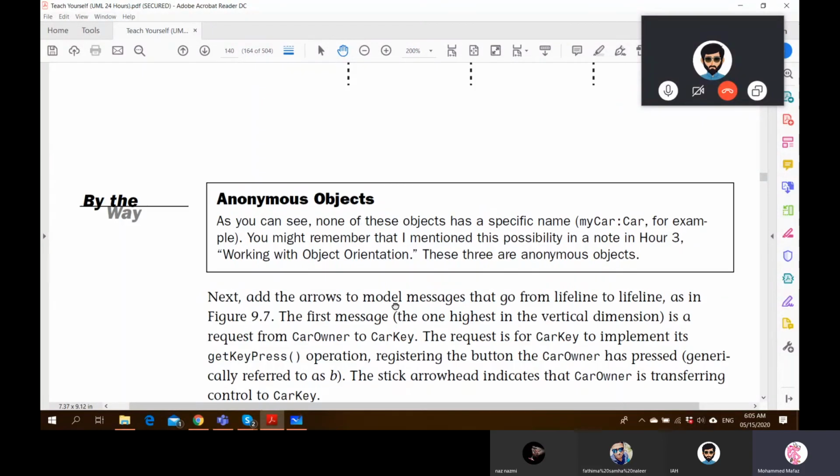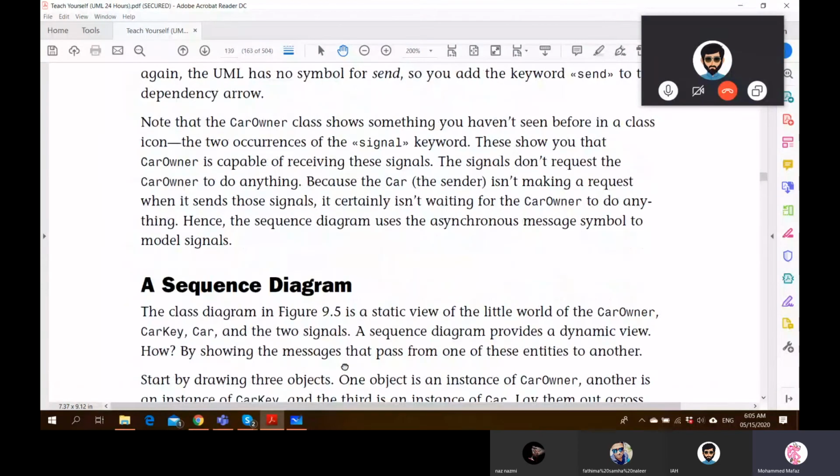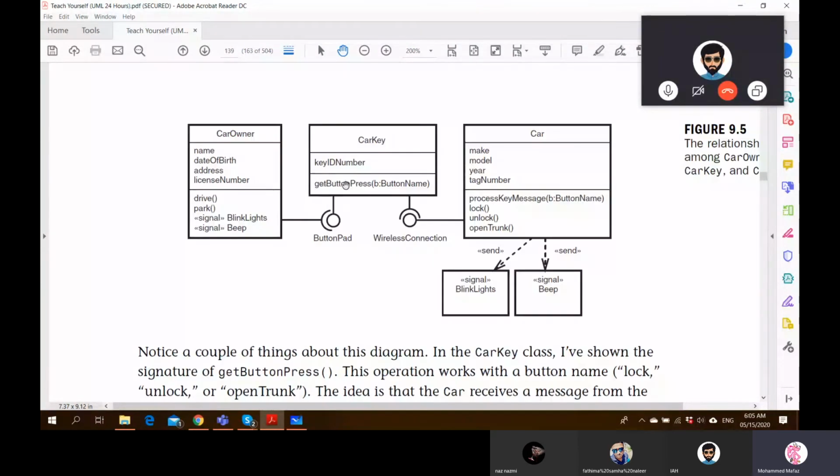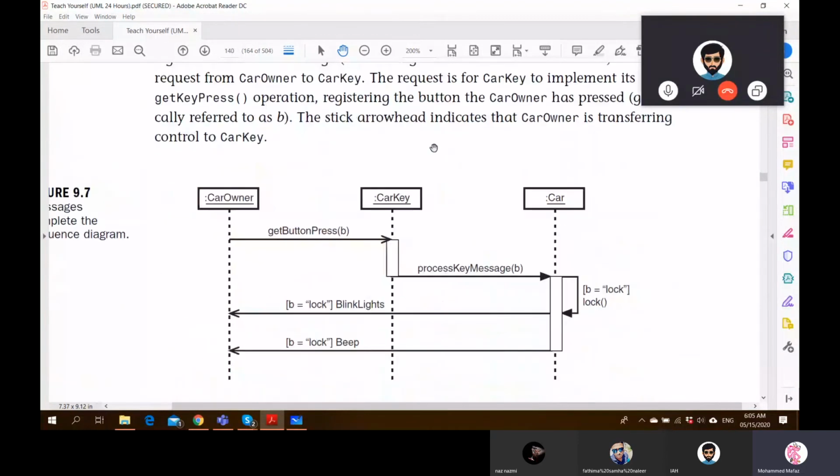To go back to the class diagram, see here, get button press is a function of car key. Car owner is just sending the command to the car key. He is not expecting anything from the car key to return. Keep that in mind, because car owner is expecting something from the car only, not from the car key.